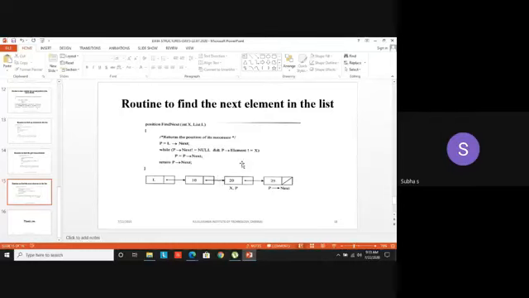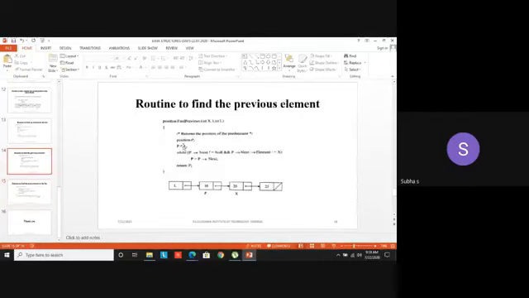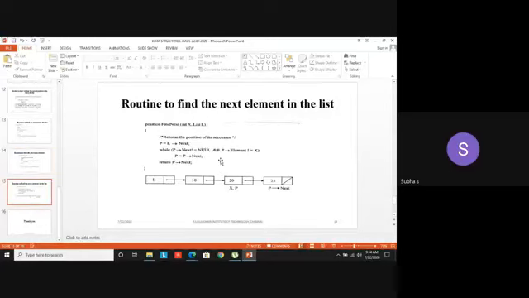The same logic only, but the small difference is what? Here I have assigned the position as P equal to L. Here, same logic, the while condition, nothing different in that. So first I am assigning P equal to L next. L arrow next means what? Next itself is a pointer. So it returns the position. The pointer field always returns the position of a particular node. So, P equal to L arrow mark next.